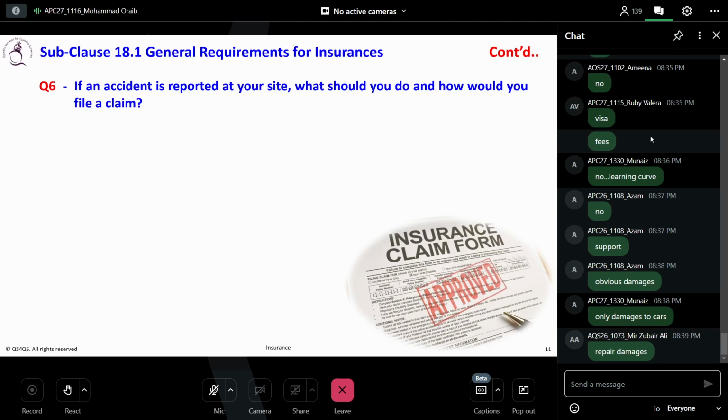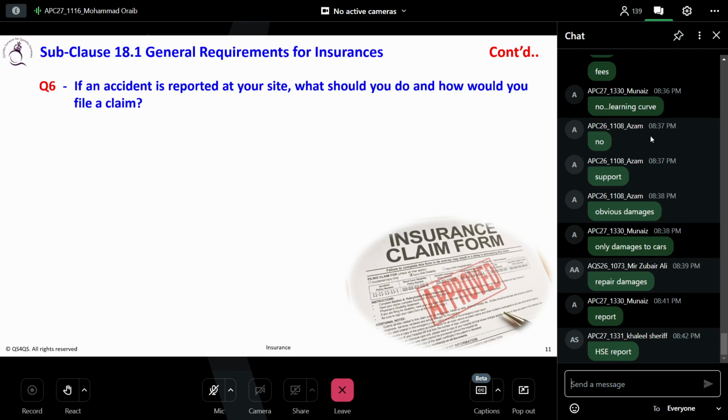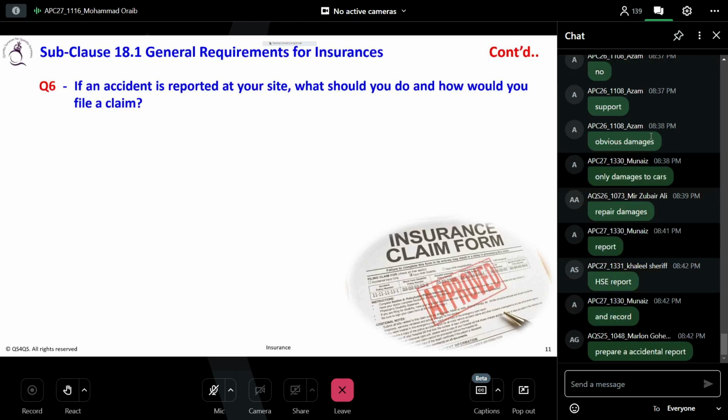At first, you have to send a notice to the insurance company. You should send a notice to the employer. Then you have to record the site status with photos, videos, or whatever. And by that, you have to prepare some incident report, because the insurance will request you for an incident report, and